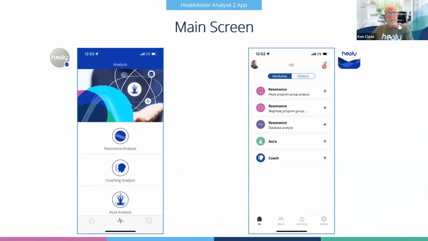The reason that, by the way, this Analyse app needs to stay connected to the Healy hardware in real time is because it's actually interfacing with the quantum sensor between the client and the field, or the content of the data. So it's interfacing in real time, unlike the Pink Dot app or the microcurrent app, where it loads the entire program onto the Healy hardware and then functions in its entirety for that program with or without the app.